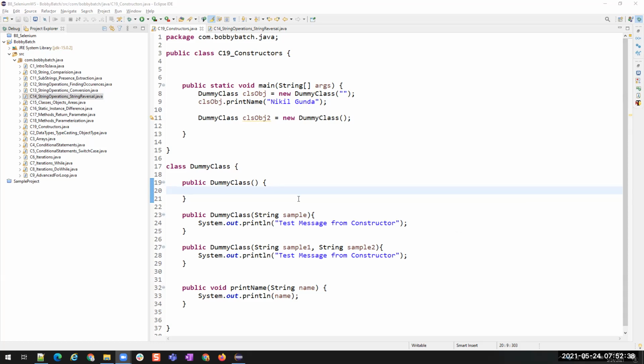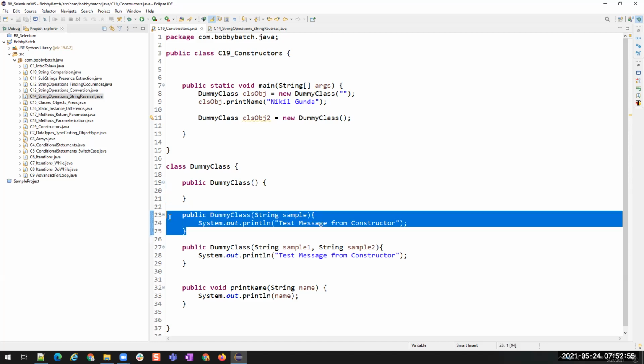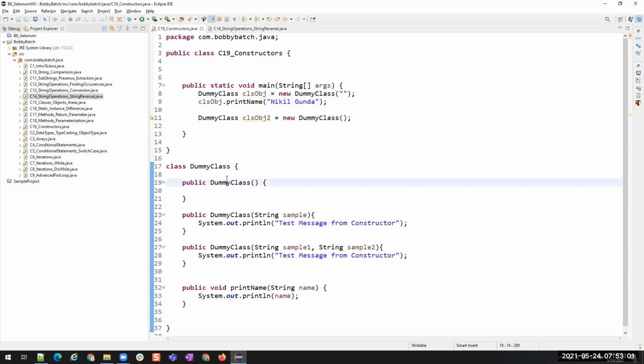So this is how we are going to use these constructors. Understood? So constructors are the first methods that are going to get executed when you create an object for a class. Mandatory rule is the constructor name should be the same as the class name. And the other rule is a constructor does not return anything. Whatever you are giving will be used inside itself, but it cannot return anything.